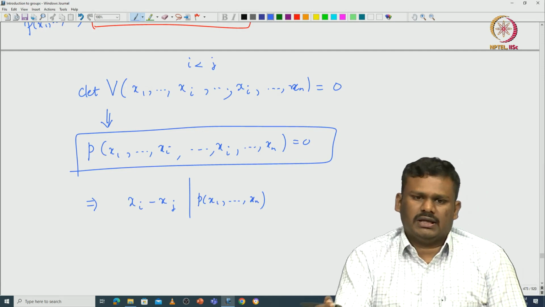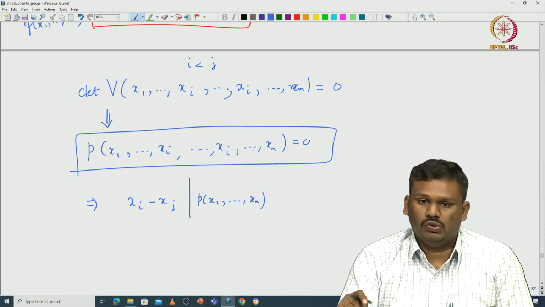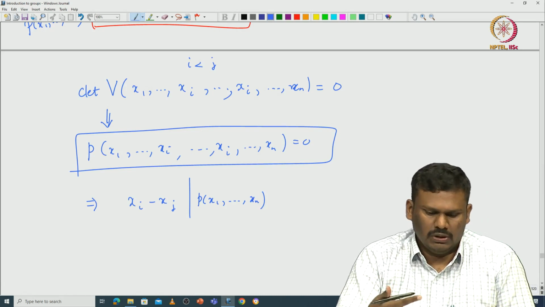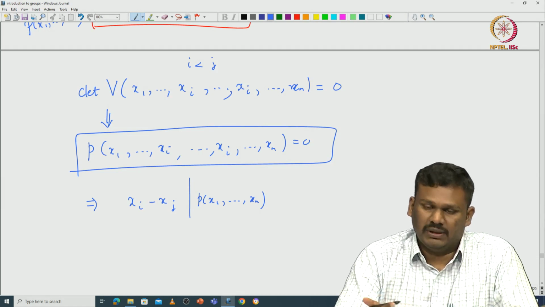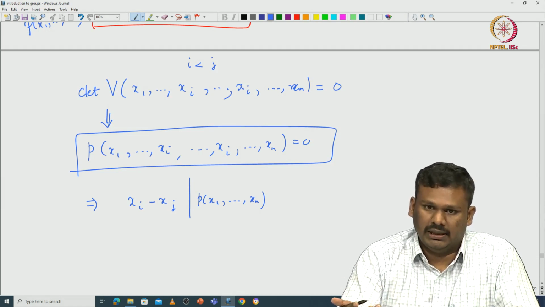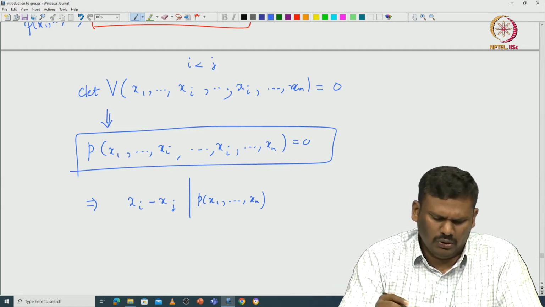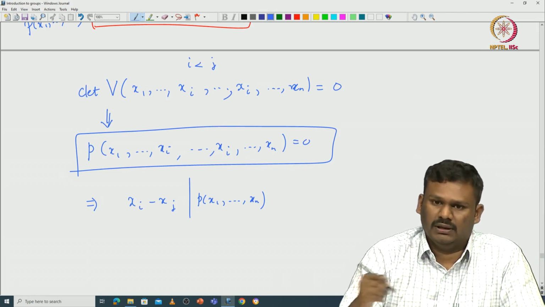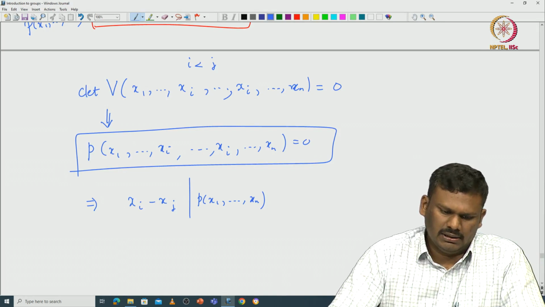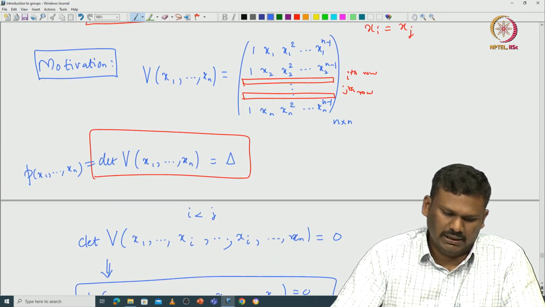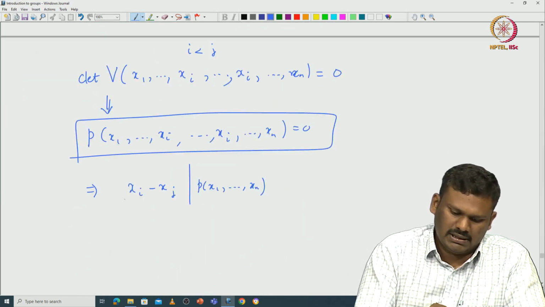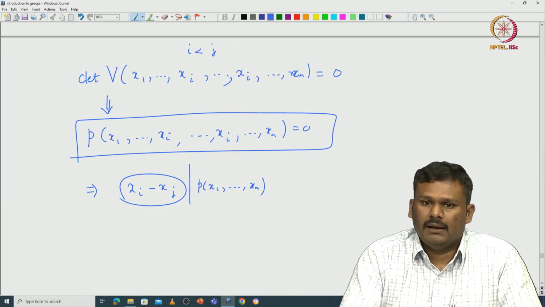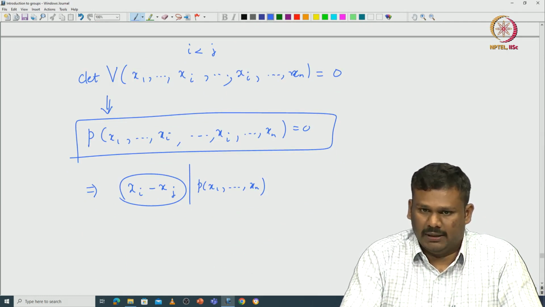xn. Of course, I am using so much information that you use in higher algebra. For example, you need to know that whenever you substitute xi equal to xj, if it is 0, then that xi minus xj will be a factor of this polynomial. This is something, if you do not know, you will see this proof in some higher algebra. But this is the best way to actually prove that the determinant of this V of x1 etc. xn is delta.